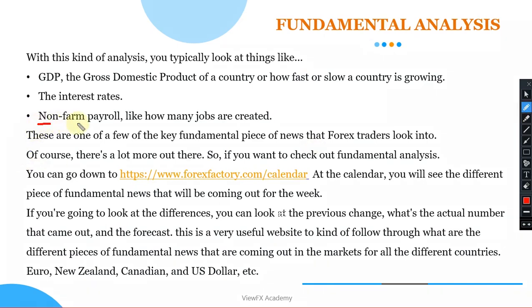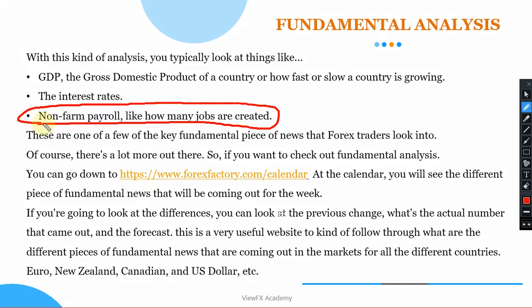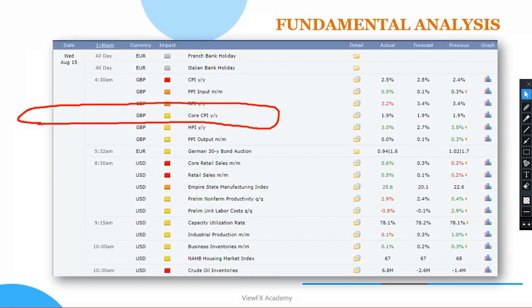Like this non-farm payroll is one news that comes out every first Friday of every month. Traders wait for that time because the market moves a great deal during the time the news is released. So what they do, they will wait and see the outcome of the market. If the market is good for the currency they want to trade, they either buy or sell. It doesn't matter, but they have to wait for the news to be released.